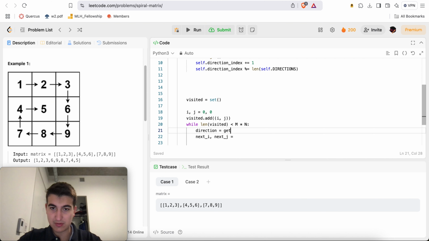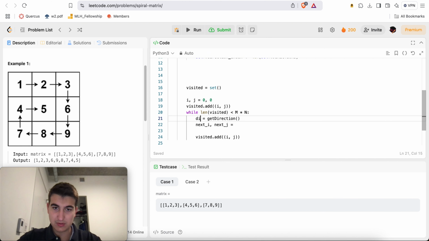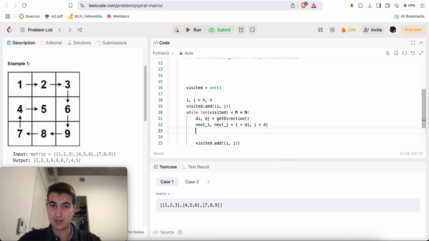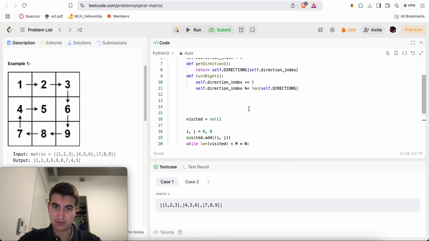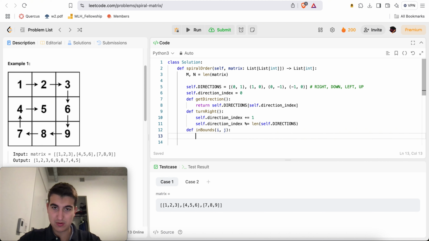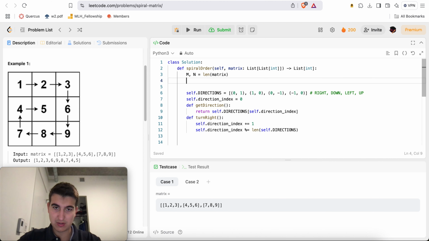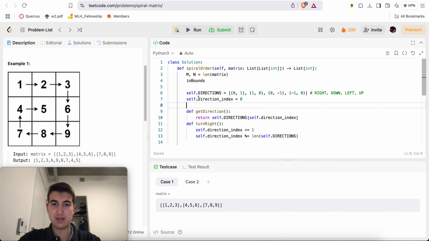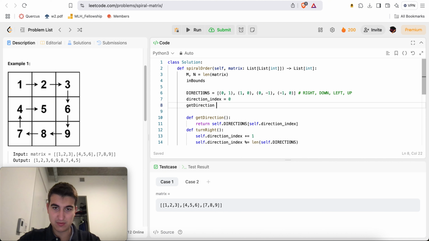Direction equals get direction. Then def inbounds for an i and a j. Or here we'll just do inbounds. Oh yeah, here we can just make them like this, right? No reason to do this. Here we can say get direction equals